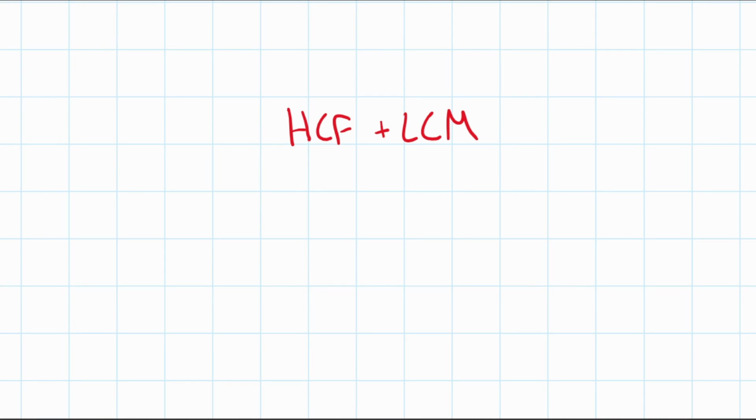Okay, so today we're looking at highest common factor and lowest common multiple. And so the first thing we want to look at to understand this essentially is what a factor is. So a factor of a number is basically any number that goes into it. So for example, if we want to write the factors of 20, then what we'd have to write is any